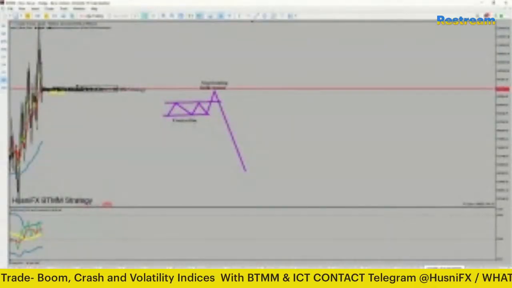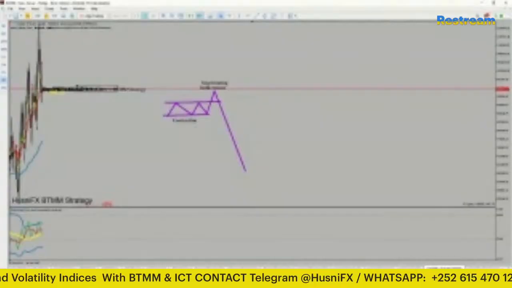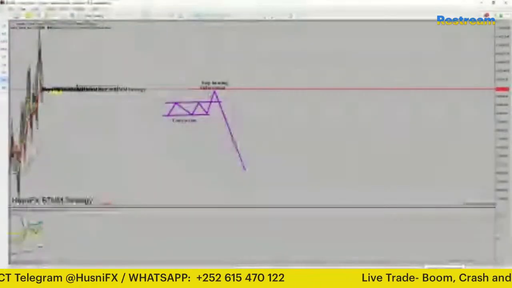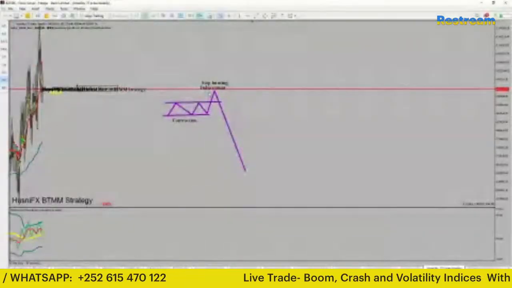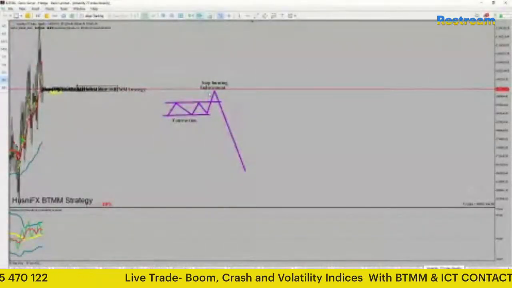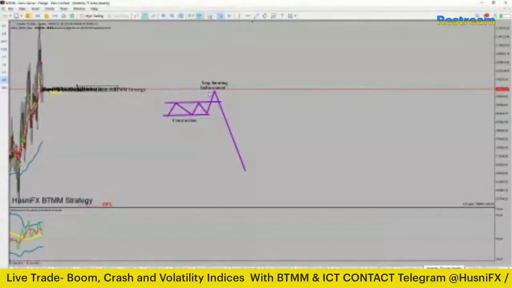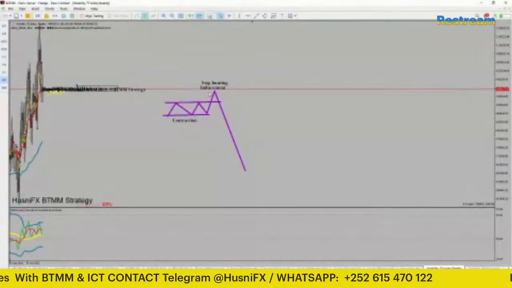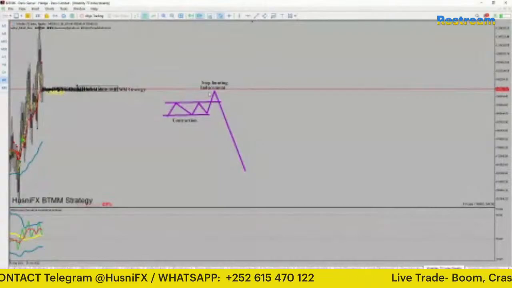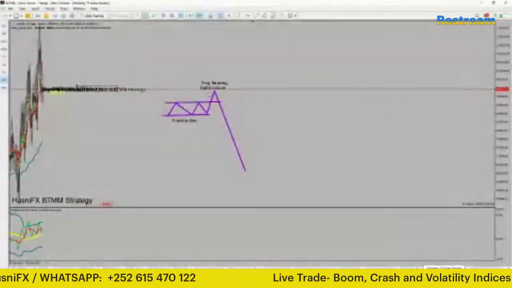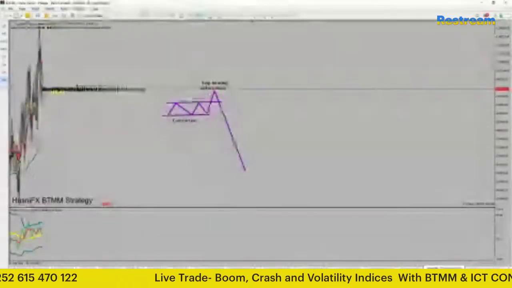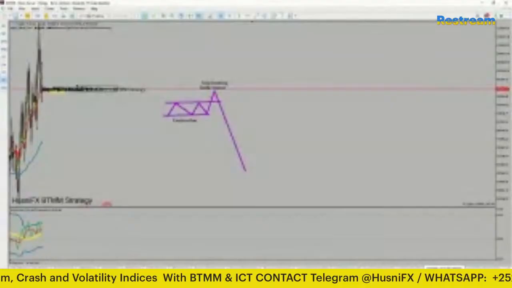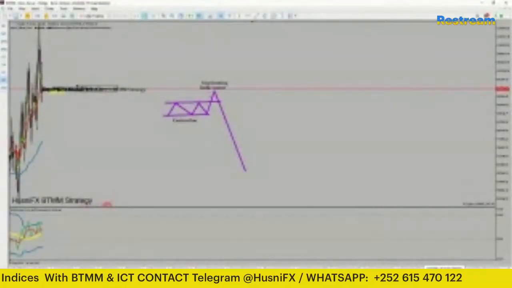So after the consolidation, what are you expecting? You are expecting inducement. Do you understand, guys? Every morning or every day the price is opening, they will open the price with contraction. We are expecting the price to form what is called the inducement. So what is next after that? And so we get what we call the breakdown